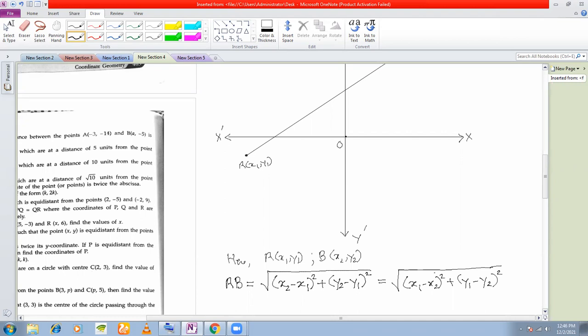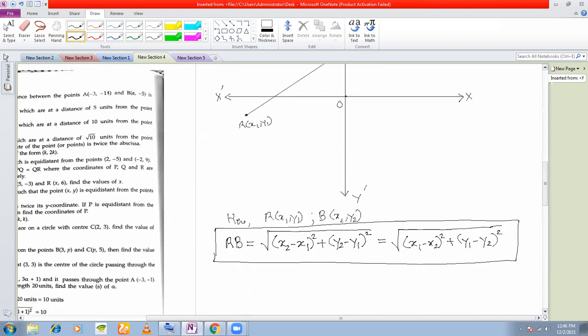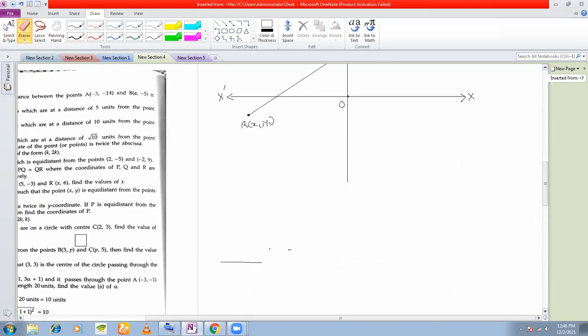Because you have a square, so whether you write x1 minus x2 or x2 minus x1 or y1 minus y2 or y2 minus y1, it's the same thing. So we are going to use this distance formula in order to calculate the distance between 2 points on the graph. And we are not going to use a graph for any of the questions. Only the formula will do. So let's see the first question, how to calculate the distance between 2 points.